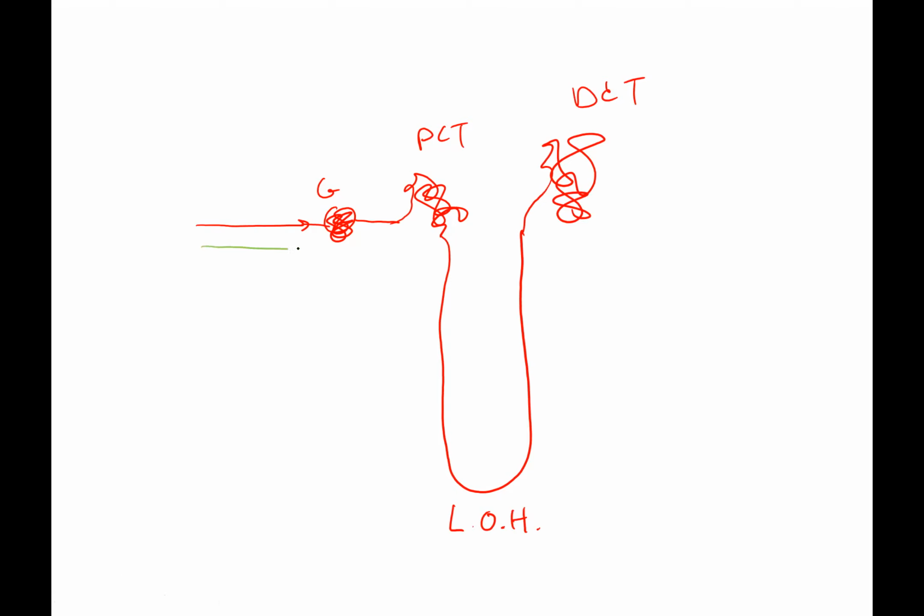So fluid comes in, goes to the glomerulus, then to the proximal convoluted tubule, then goes down and then up the loop of Henle, then eventually gets to the distal convoluted tubule, then eventually will spill into